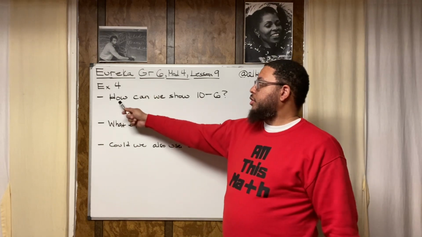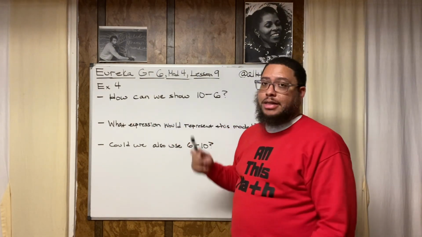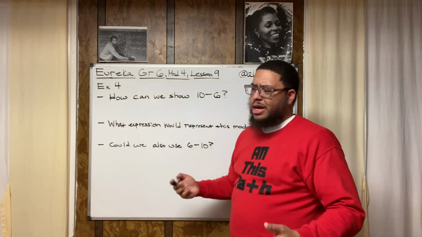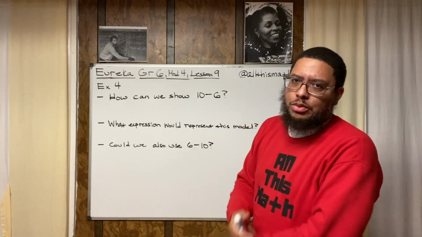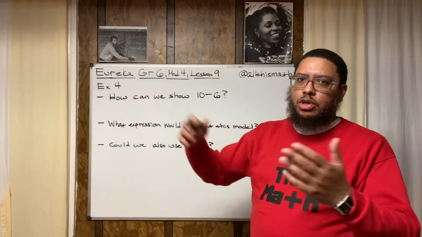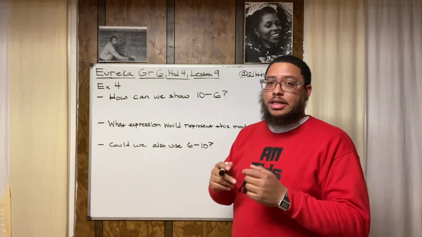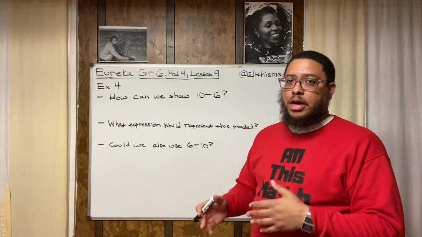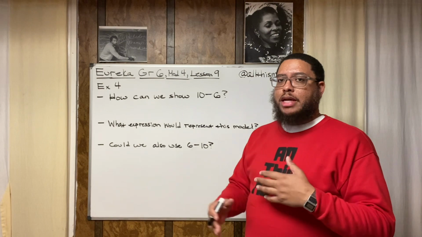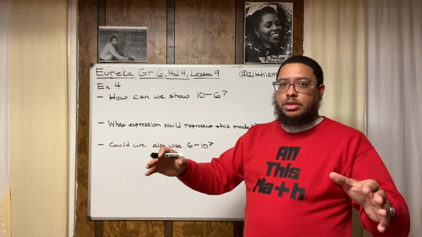So the first question posed is, how can we show 10 minus 6? I know some people might look at that and say, well, what do you mean? How can we show 10 minus 6? 10 minus 6 is 4. We just know that. We just write 4. That's how we show it. Well, 10 minus 6 is 4. That is correct. But we're trying to practice with drawing diagrams so we can visualize and create pictures of the